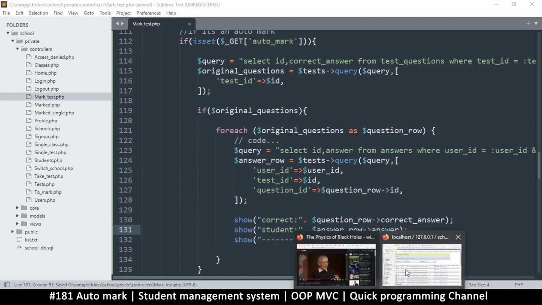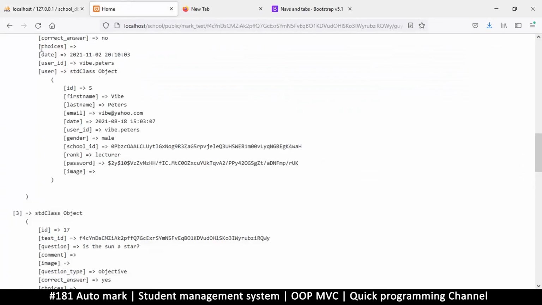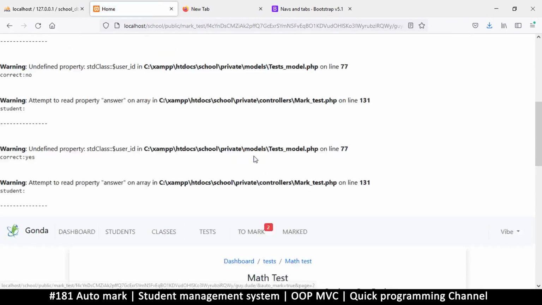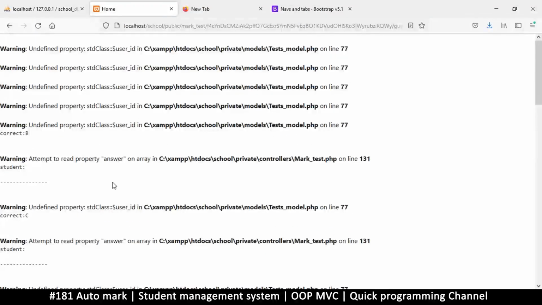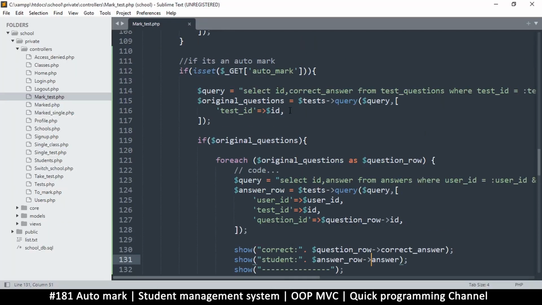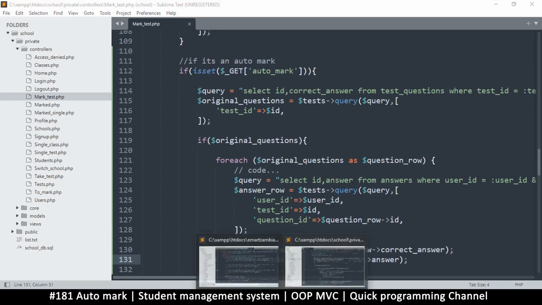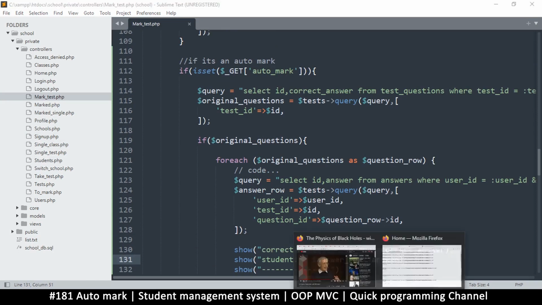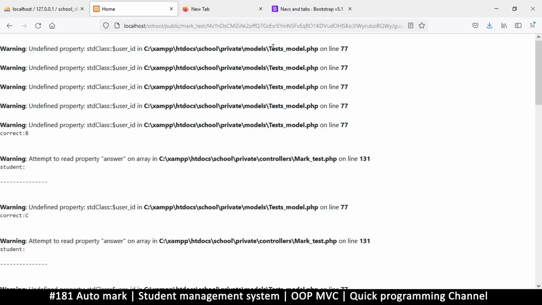Okay, pretty good. Now let's go back, and so we are not saving anything yet. If I refresh the page, okay, I get a few warnings. Undefined property, user ID on line 77. Okay, so these things occur because, wait a second. These are occurring in the test model, right? Line 77. Now the reason these are doing this is because